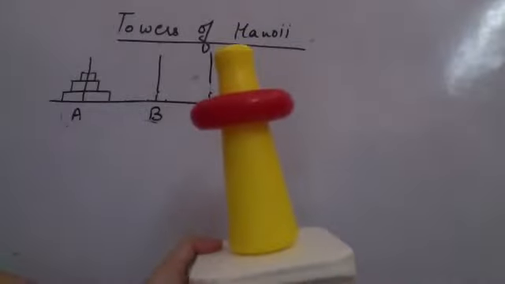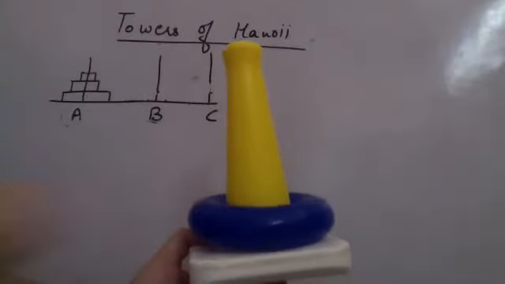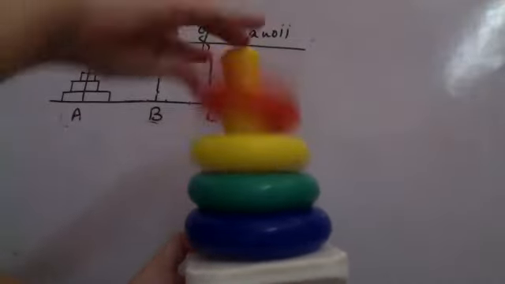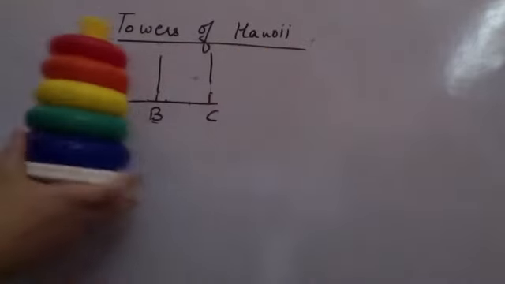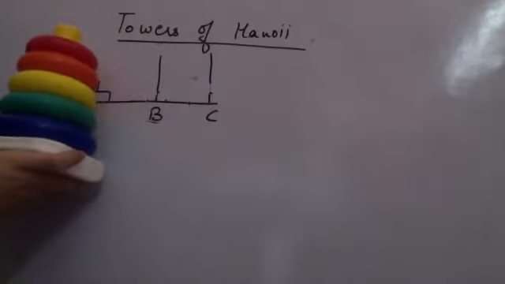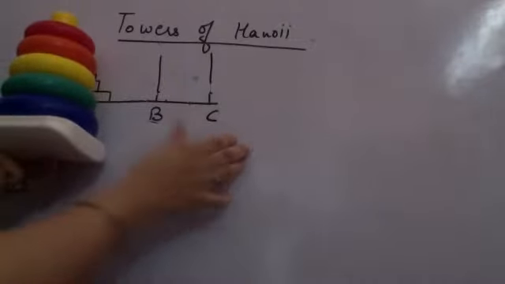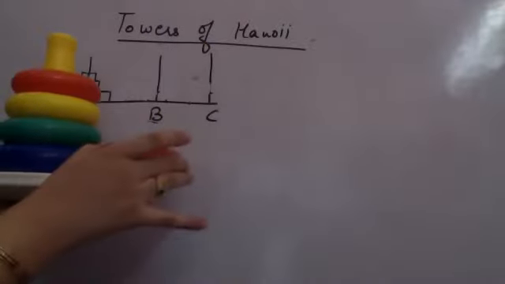So to be able to properly create a tower, I'll have to make sure that I put in the larger ring, then the smaller ring, then the smaller ring, and then the smaller ring. So this becomes a tower of 5 rings. This A is having a similar tower. The task is to move this to another of the same type. But I cannot do this. This is not allowed. I have to do one ring at a time.